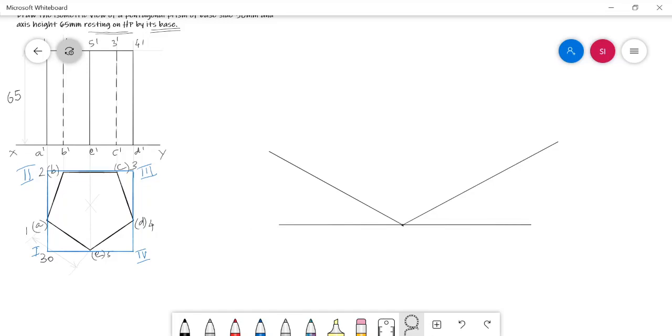So the box corner 1, the bottom left corner of the box, should be marked in the origin of the isometric axis. See here I marked like that.